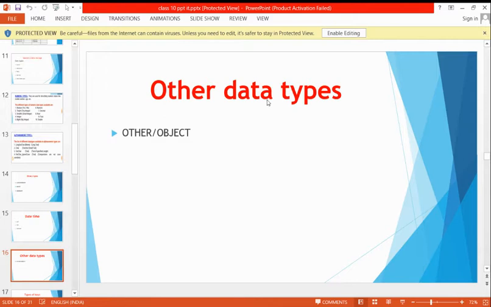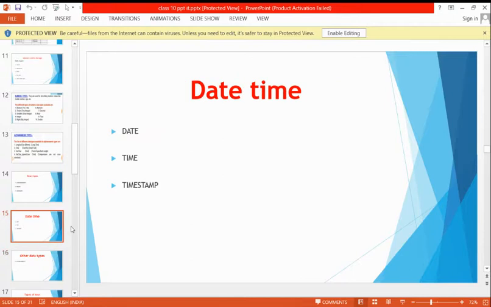Next, the other data type. What is the use of this other data type? Suppose, I'll give you an example, you're purchasing something from a shop, then the person who is the owner of the shop will take whole information, that is, what you purchased, what thing you took from there, and what the price of that is. So in the table he will take your whole information. For that purpose we are going to use this other data type. In the sense that it will be a collection of all the data types.